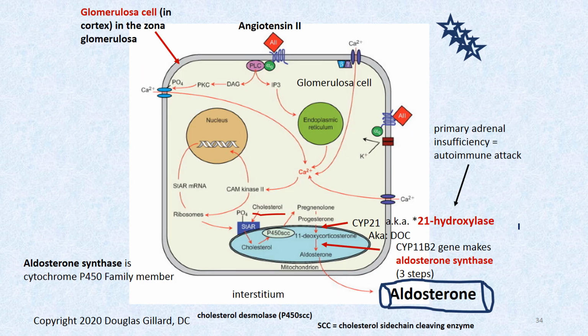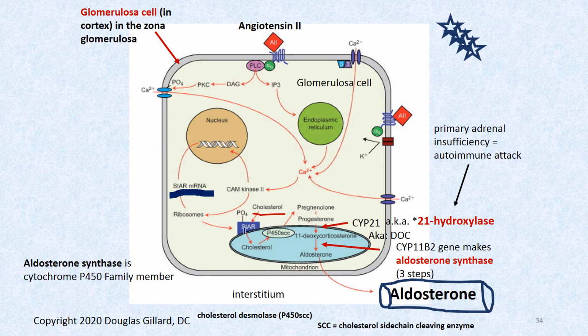And here's the biochemistry. They should have covered this in biochemistry. Of course, angiotensin binds to a glomerulosa cell, and it stimulates the IP3 pathway. The IP3 pathway, we know, causes the release of calcium ion from the endoplasmic reticulum. Calcium stimulates CaM kinase 2 to cause the gene expression of our friend, the StAR protein. There's a StAR mRNA that goes to the ribosome, and the StAR protein binds to the mitochondria and allows cholesterol